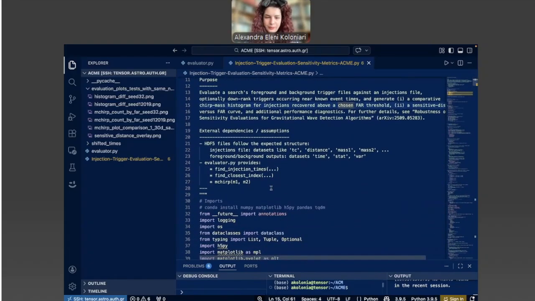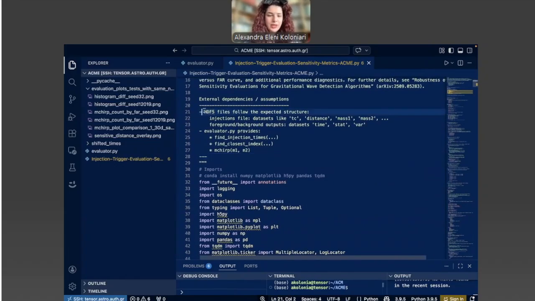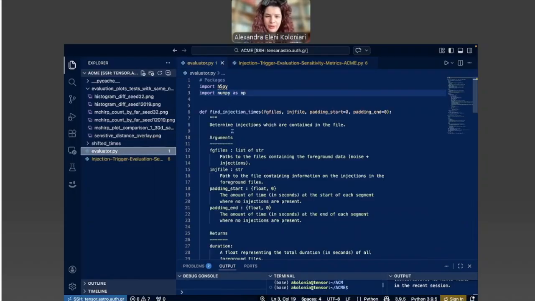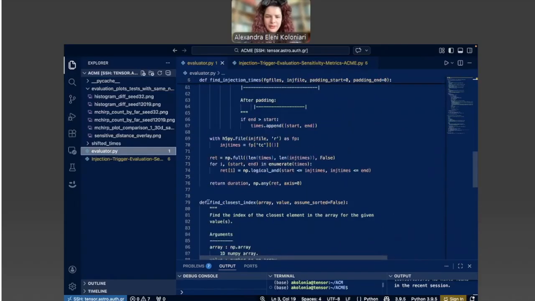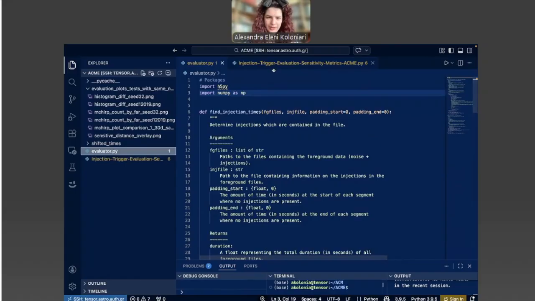So first of all, we have obviously our inputs. As I mentioned before, we do need the HDF files, the injection file and the foreground and background outputs. And we also do need that Python file here, that contains also two additional functions in it.